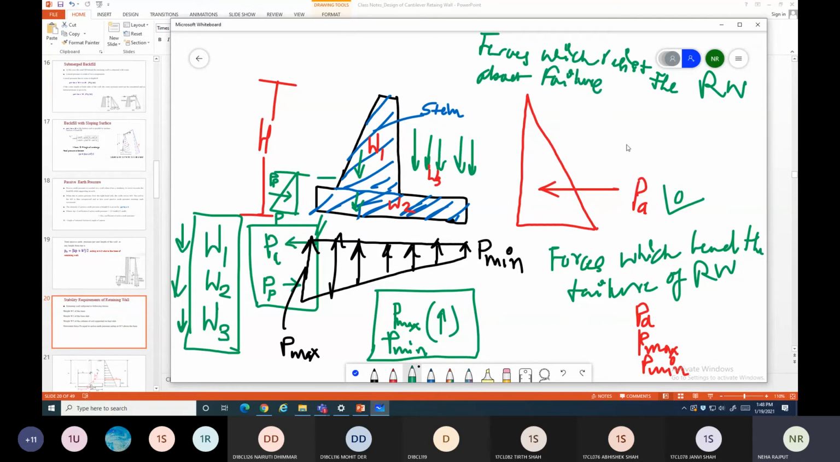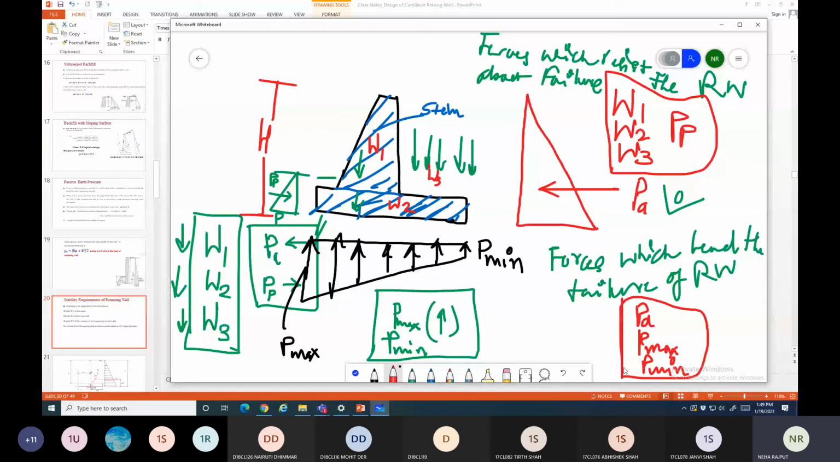फेलियर से बचने के लिए जो फोर्स यूज होता है वो है W1, W2, W3 and passive pressure. So this four is the resisting force and these are the failure force, failing force. So for the stability of retaining wall, you need to understand, you need to take care about this active pressure, and due to this active pressure the failure type is known as overturning